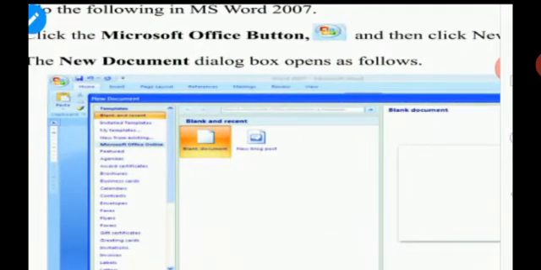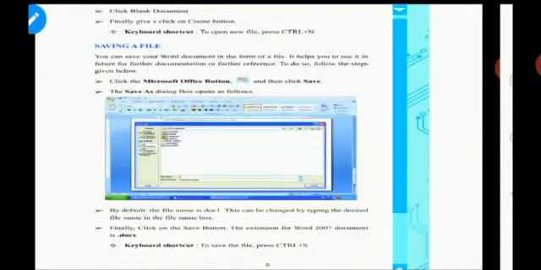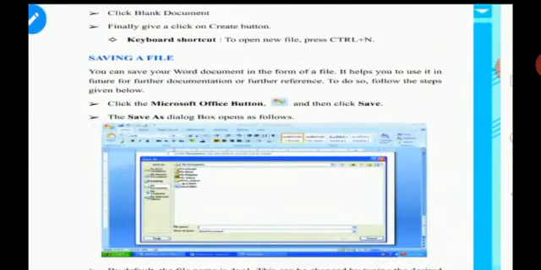Here we can use either a blank document or templates, which will be available for a letter format or magazines, or some pre-built templates. We can use either the blank document or the templates. So usually you will select the blank document. If we select that, under templates you can see that option, that is a blank document. If you click that, a new Word document will open, as we see in the lab.